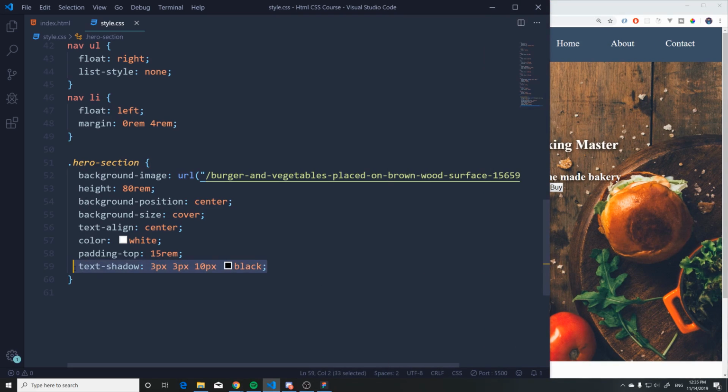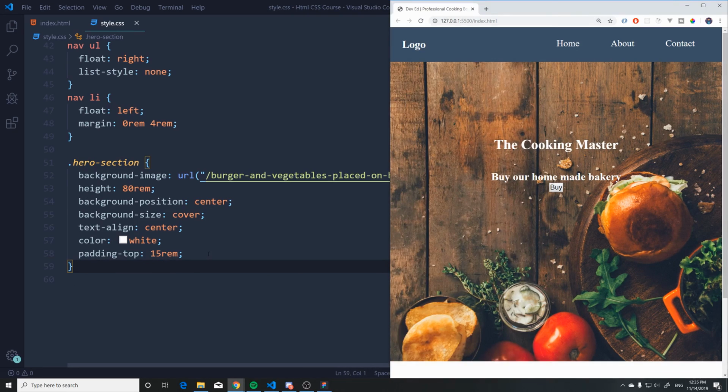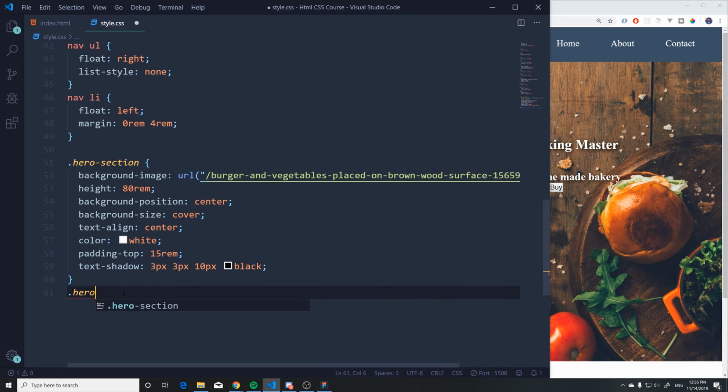It's pretty good compared to this. This is a bit harder to read next to this. This kind of comes out a bit more, so that's good. Next up, what I want to do is maybe push this button down a bit and style it a bit nicer. So what I'm going to do is go to Hero section, and I'm going to say